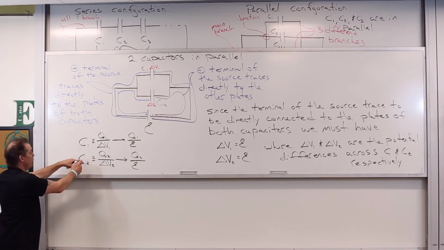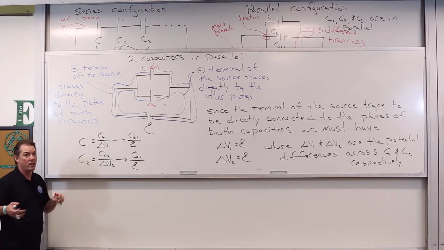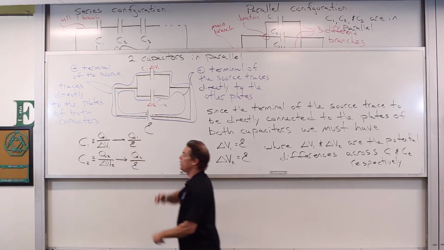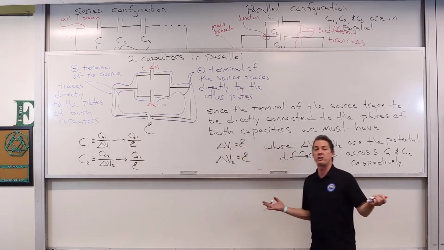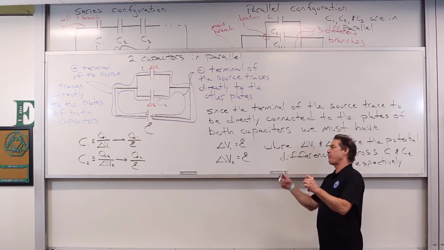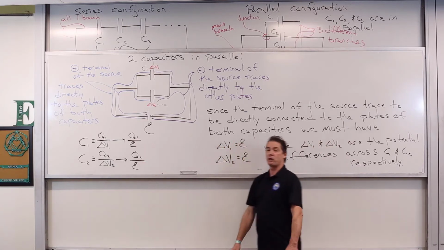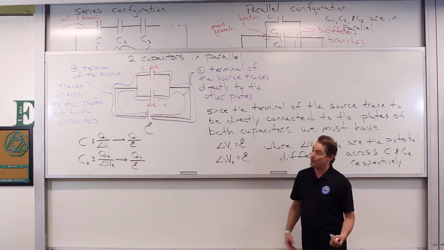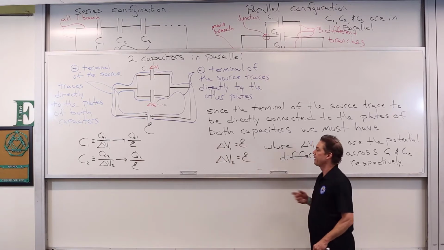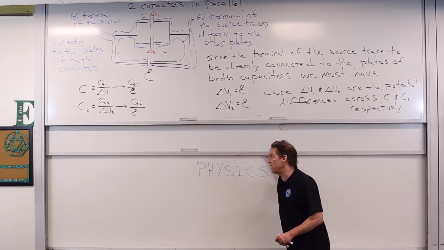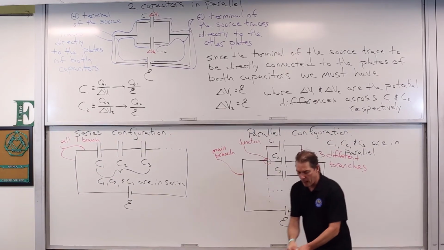If C1 and C2 are two different capacitors having two different capacitances, then we must have that Q1 and Q2 are two different amounts of charge separated. This charge separated produces, or is correlated directly with, the potential difference across the plates that define the capacitance of said capacitor. All right, so what we want to do with this is say, is there any way that we